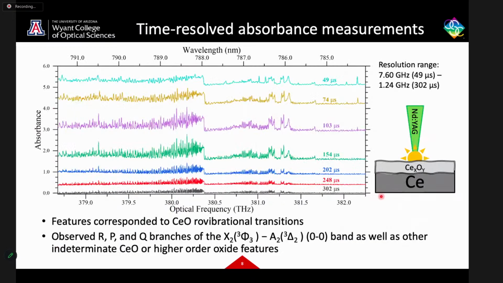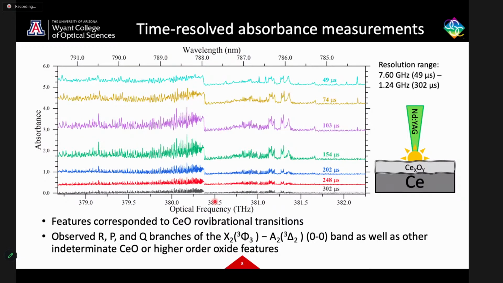So an initial result that we had from our cerium oxide study was simply looking at our oxide formation as a function of time. What we were able to see corresponded well to known cerium oxide rovibrational transitions. It was the 0-0 band with detectable R, P, and Q branches over a fairly large bandwidth. And we could see that the oxide at the early times would grow, and then go away,